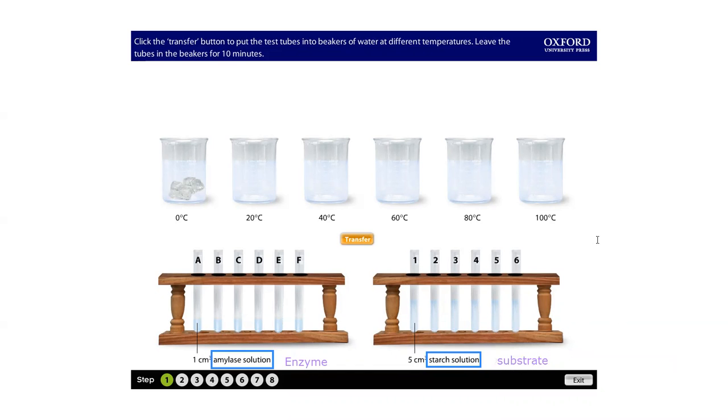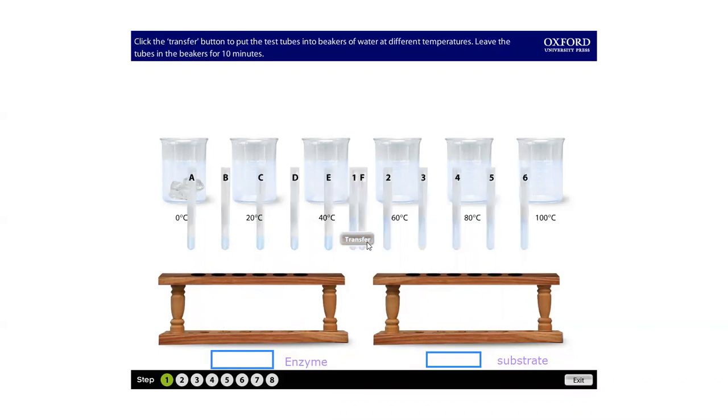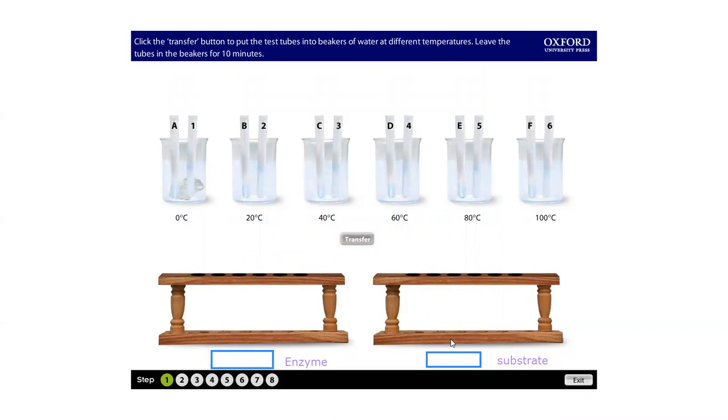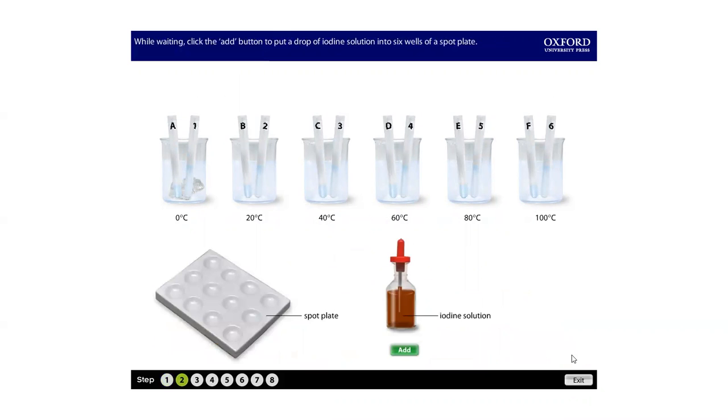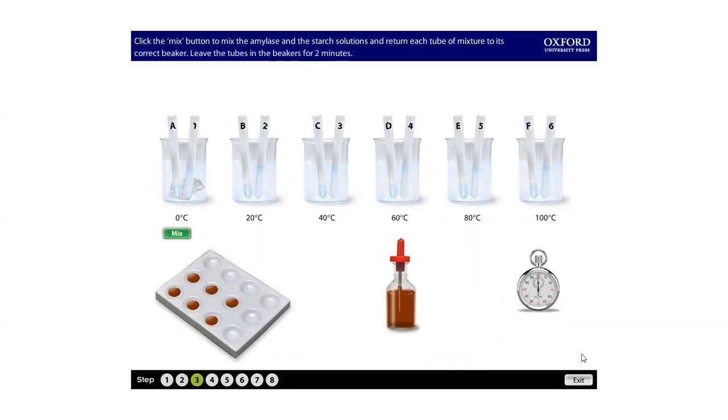Okay. So we transfer. We put them into different temperatures. Iodine solution is dropped into the spot plate. 加少少就得㗎啦。